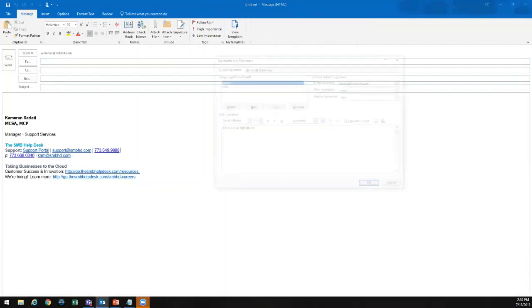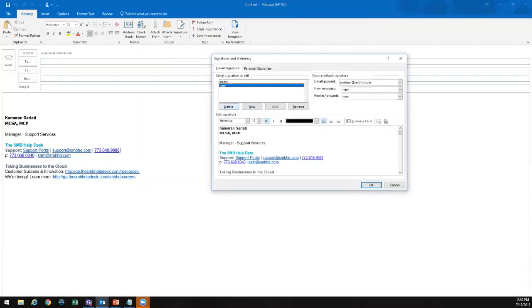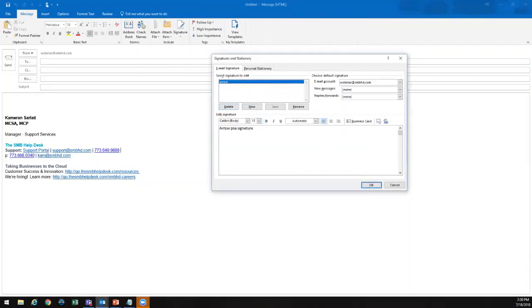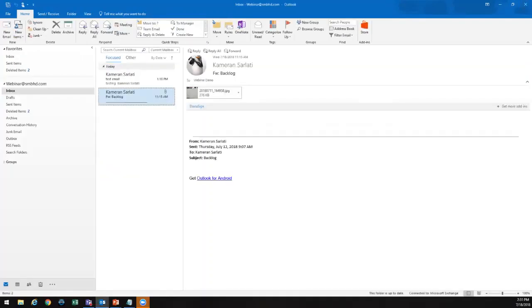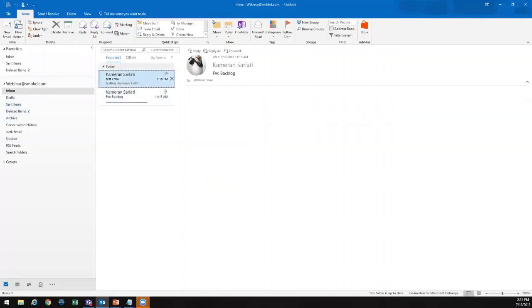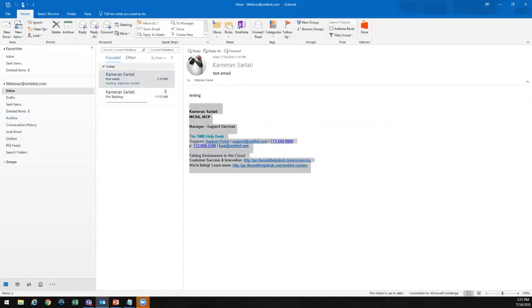Now let's say we go into our signatures and we delete and we delete. So now I've got no signatures. Yes, the signature's still there in the open message. So you just got a brand new computer, IT went home, you need your signature on there, you're like, how do I do this? Well, look at any emails that you sent out. Your email is going to sync. The signature is not so much. So we go into here, hey, look, this guy's just sent me an email. There's a signature. Copy it, go into a new message,